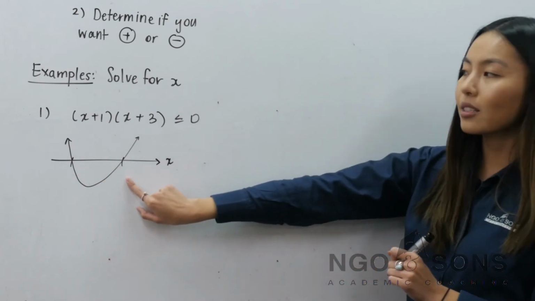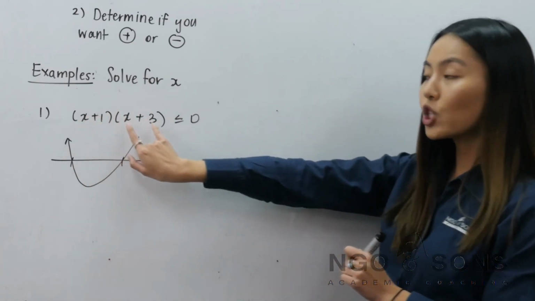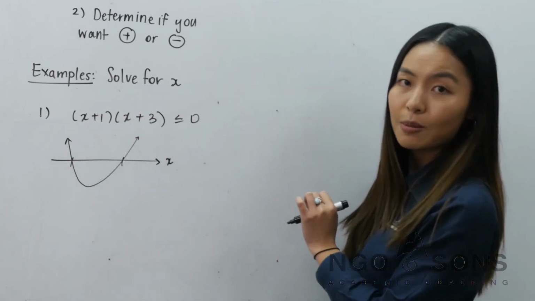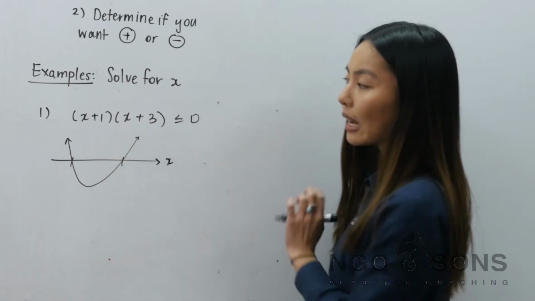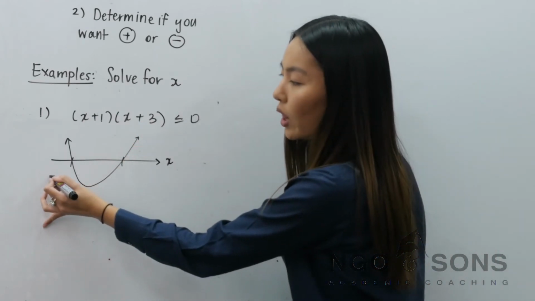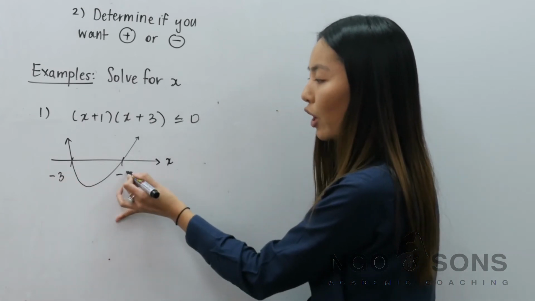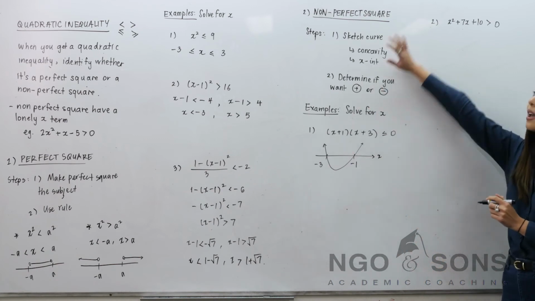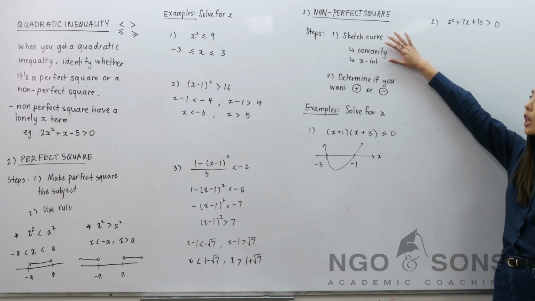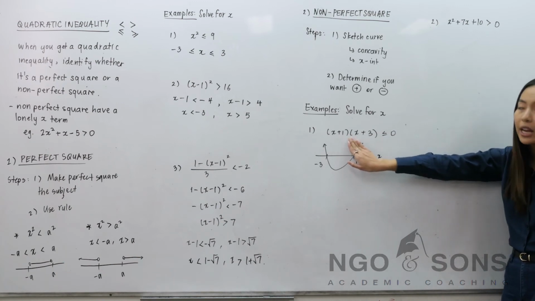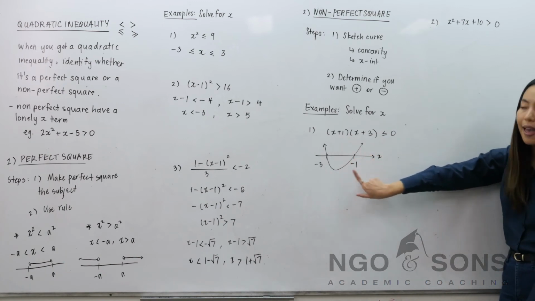To find the x-intercepts, you just let each of your brackets equal to 0. If I let the first bracket equal to 0, it's minus 1. If I let my second bracket equal to 0, it's minus 3. Minus 3 is smaller than minus 1, so minus 3 goes on the left-hand side, minus 1 goes on to the right-hand side. That's your first step done. All I've done here was draw a quick diagram representing my quadratic by looking for the concavity and the